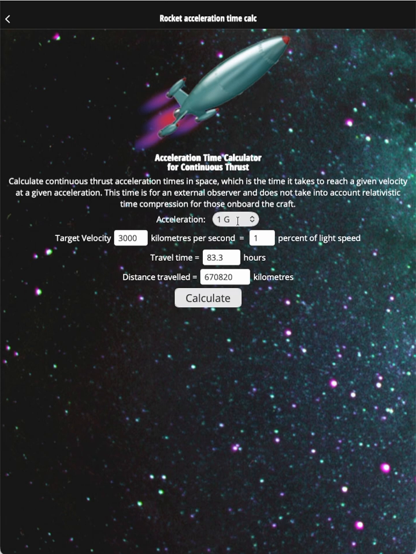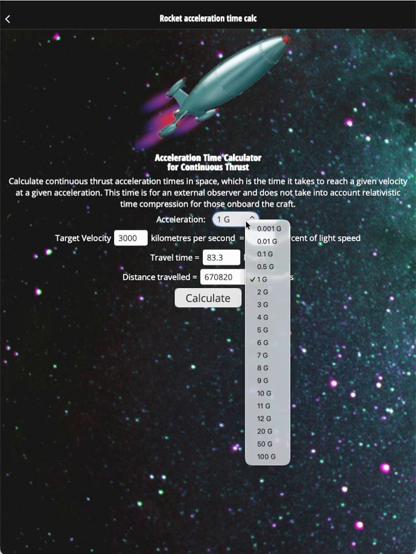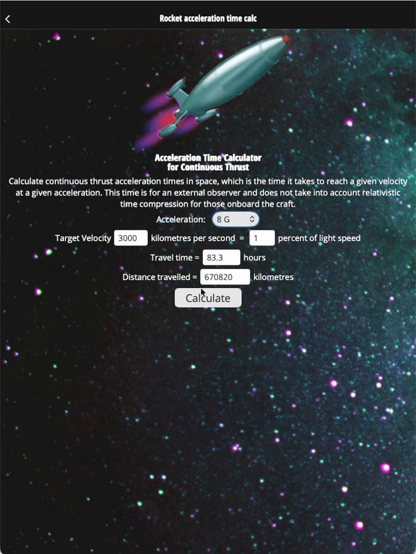So as you can tell, rocket acceleration time takes in a number of factors, but we will just go, hey, we'll change it to 8G and do that. And as you can see, you've got targets, velocity and percent light speed, etc., so that you can see how far you travel based on those specifications and what the travel time is to get to that. So obviously the acceleration, the target velocity you're trying to reach, etc. So very simple app